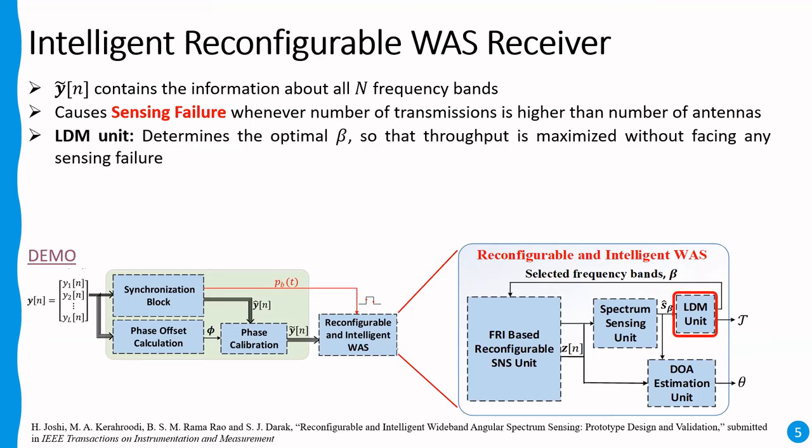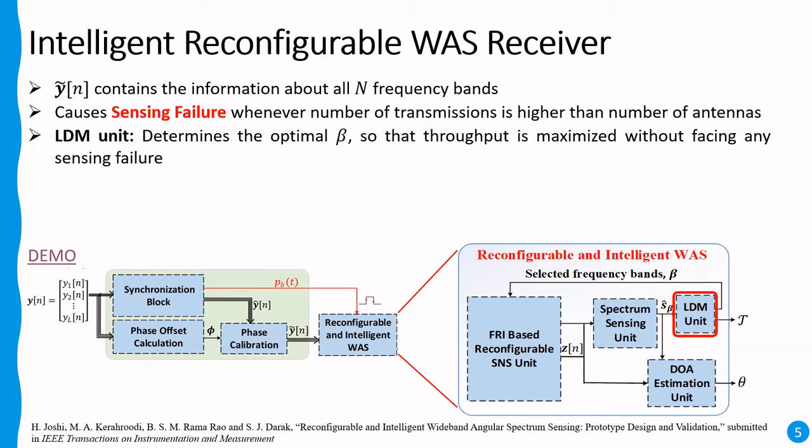So here, in the proposed reconfigurable and intelligent wideband angular sensing, we have the learning and decision making block, where we determine the optimal value of beta, where beta stores the indexes of frequency bands that are to be sensed or digitized, so that the throughput, that is the number of vacant bands in beta, is maximized without facing any